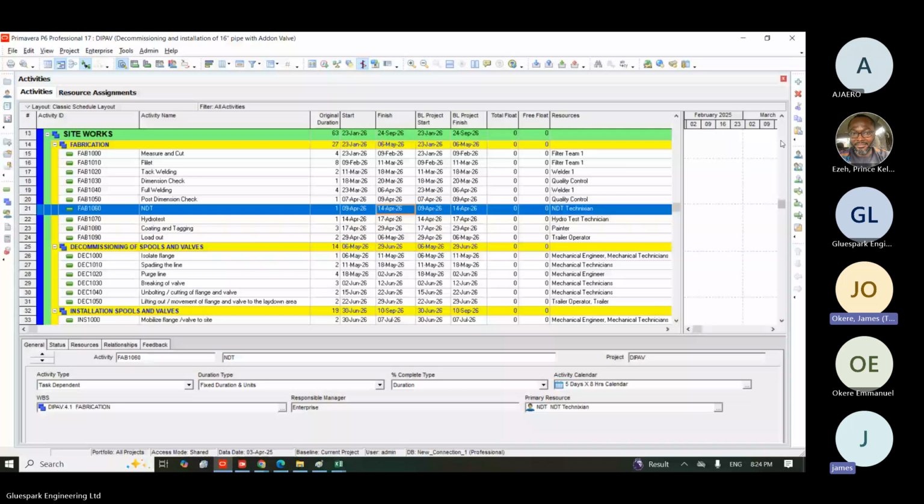So NDT is non-destructive testing. That's the type of test you run on a weld line to ascertain that the welded joints are good and that they are not defective. So we have destructive tests and non-destructive tests. In the steel industry, this one is